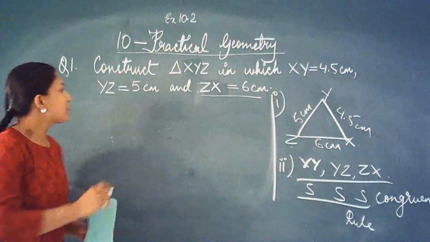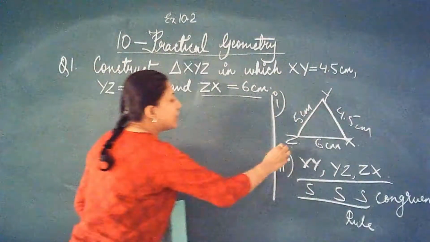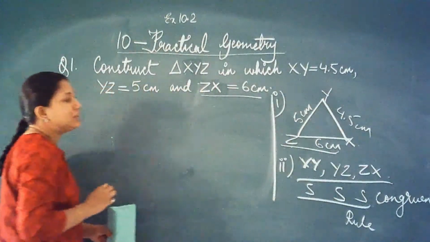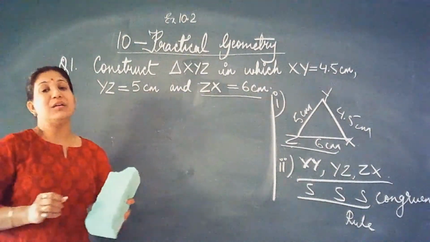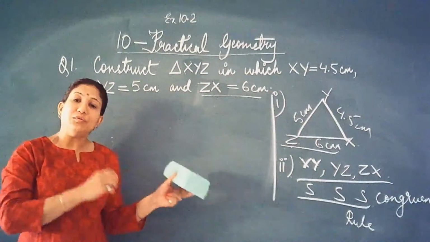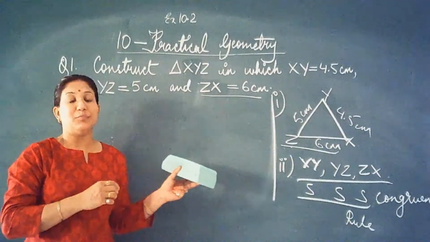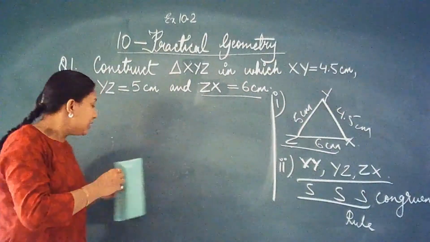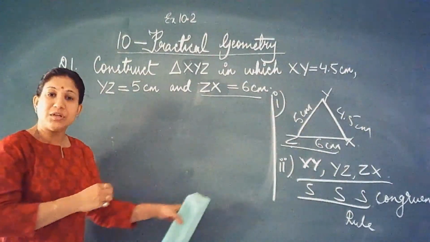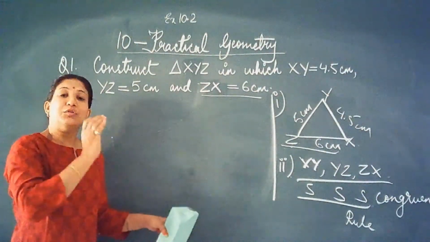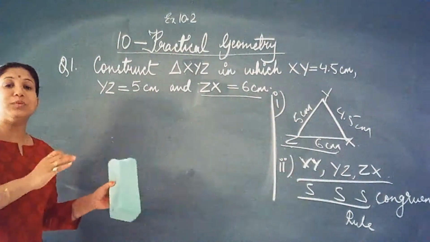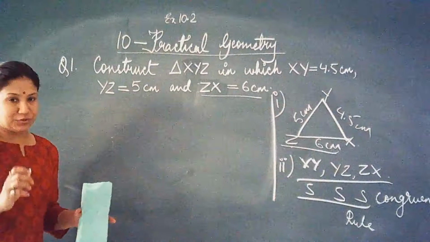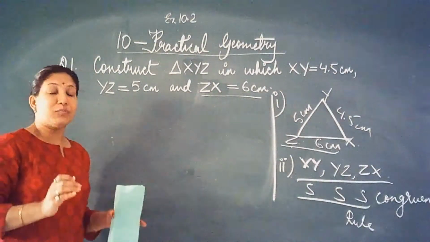Let us start. Now, here I have taken the base of the triangle as ZX. So first, children, you all be ready with your compass and do as I do it on the board. Every time see the instructions, what I do on the board, you pause the video, you also do, and then this is how you will continue with the construction. Do it along with me.